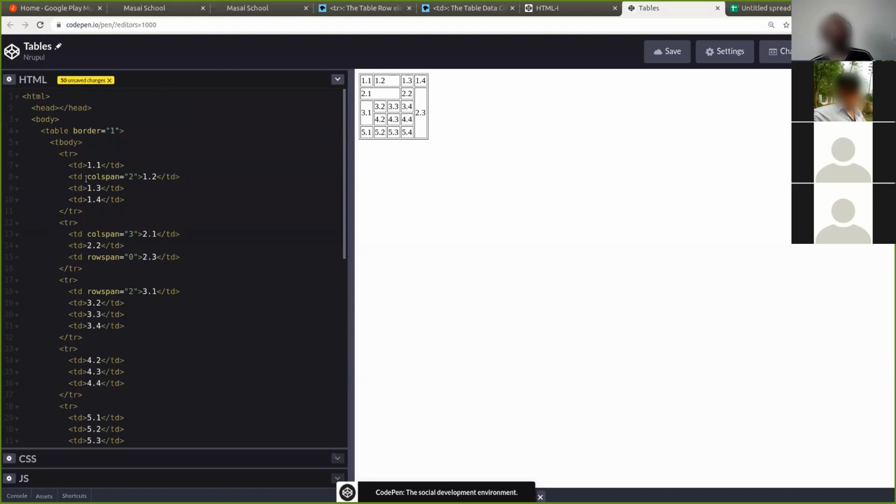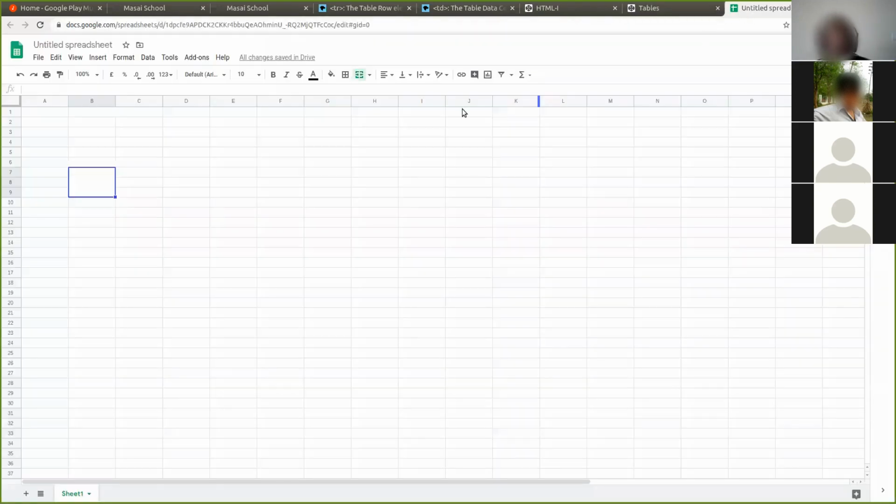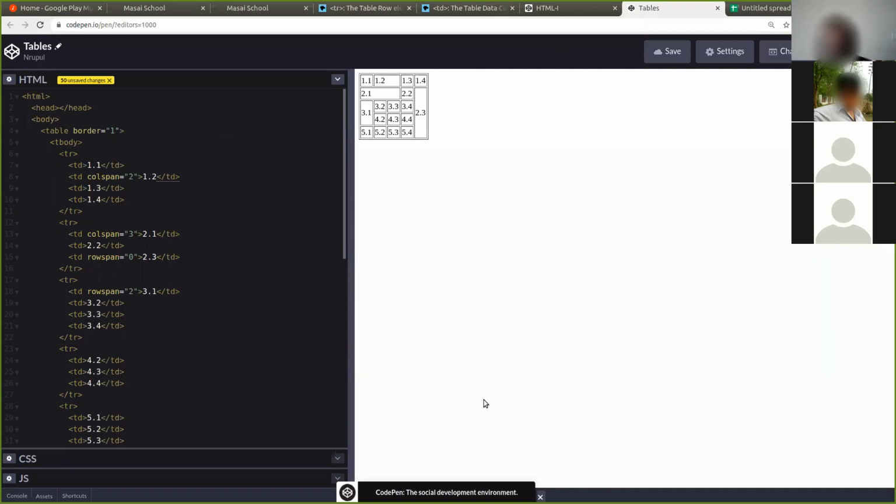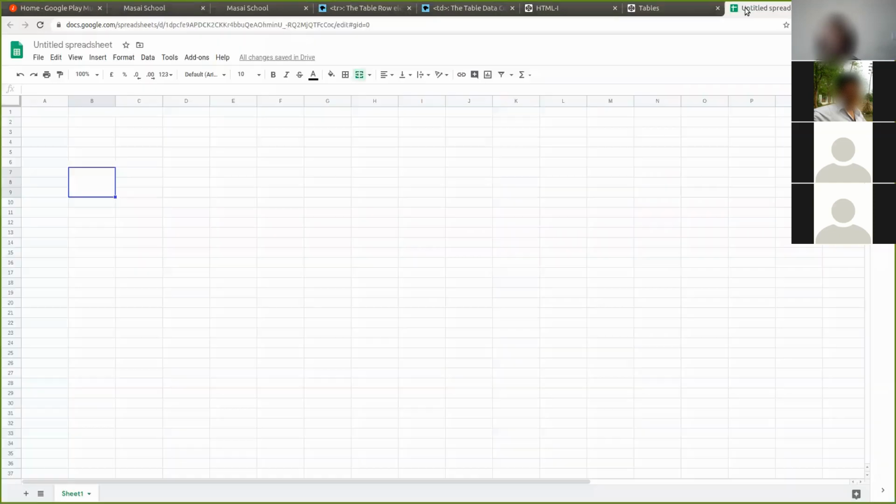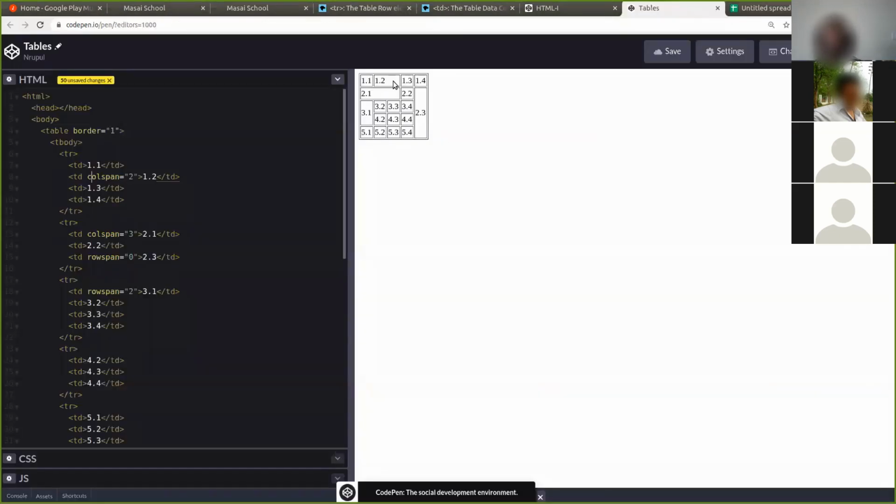So use attribute colspan, it will extend it by those number of columns. If you use rowspan, it will use those number of rows. It's like the simple merging if you know Excel. So that's the kind of things that it is trying to do, and that's when your table starts to look different. I deleted some of the things because when you want to create a table, you need exact number of columns. Okay.